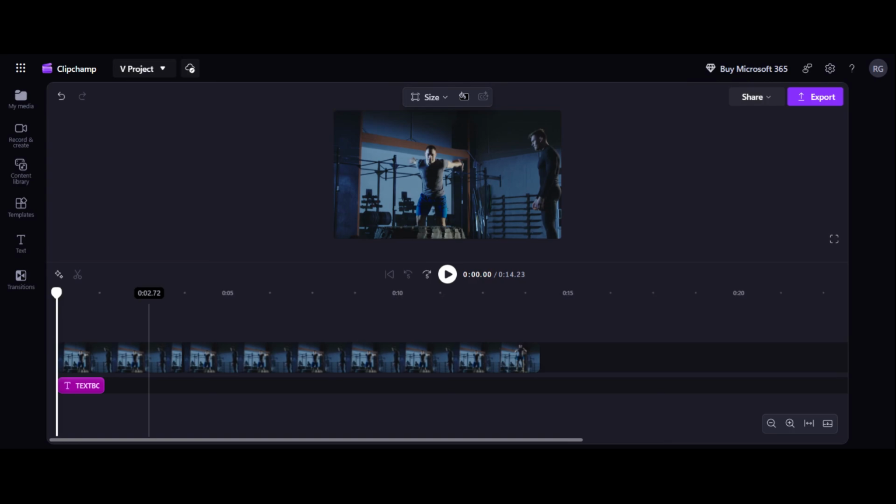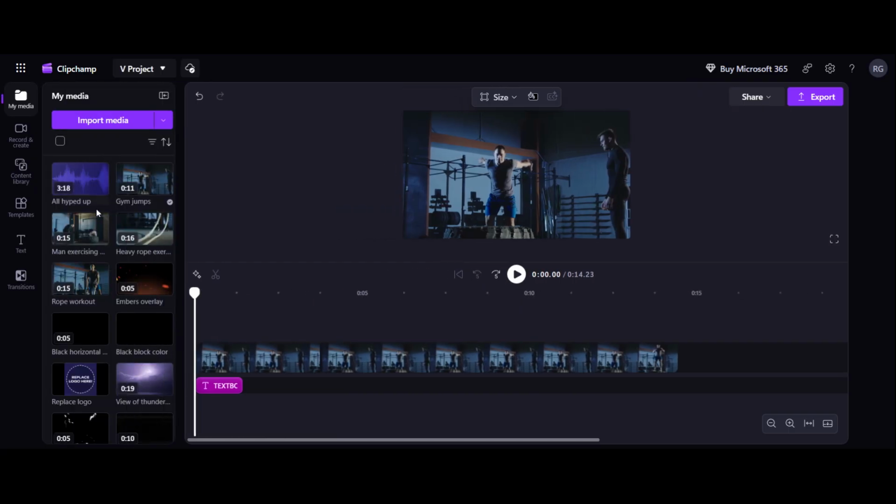Now, let's jump right in. First, open Clipchamp in your browser and go to any project of your choice. You can either create a new project or open an existing one where you already have footage uploaded. Once you're inside the editor, make sure your video is added to the timeline. If it's not there yet, simply drag and drop your video from the Media tab onto the timeline at the